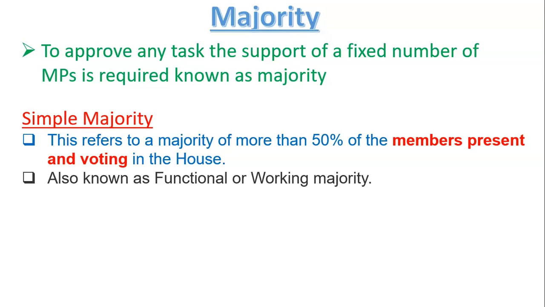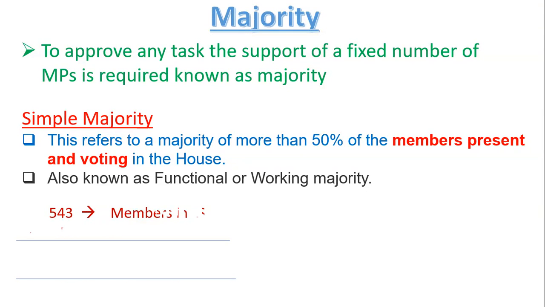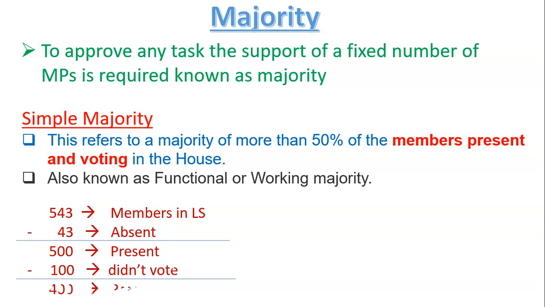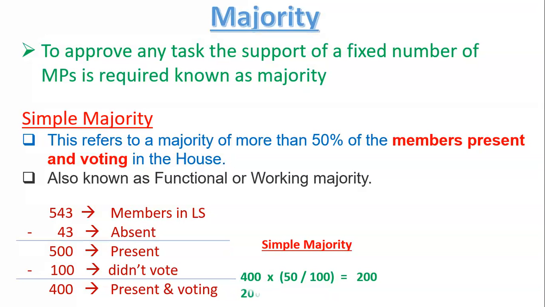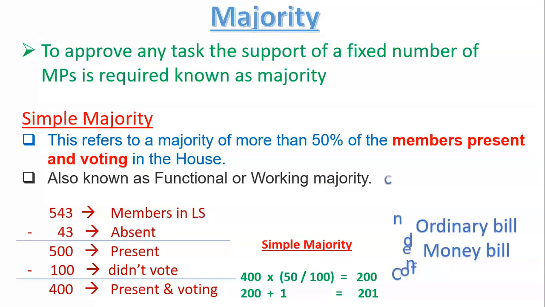Now friends, in order to make you understand this concept more clearly, I will give you an example. Because I know the definition is a little bit technical and many of you have not connected with the definition. So I will explain this with the help of an example. We all know that the current strength of Lok Sabha is 543, that the maximum number of members in the Lok Sabha is 543.